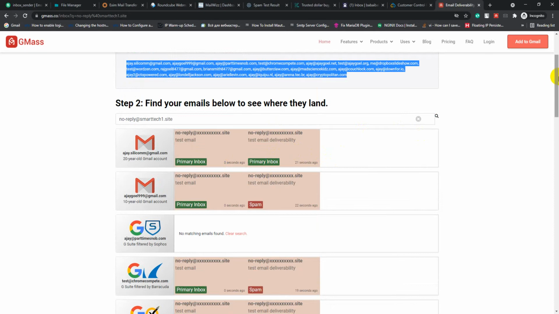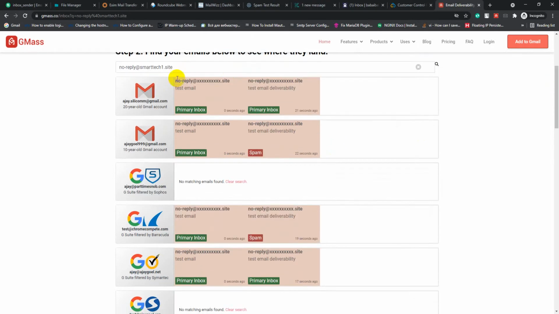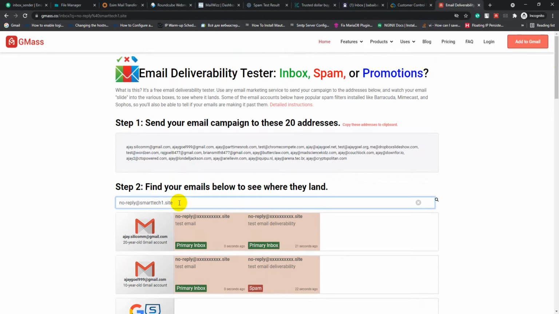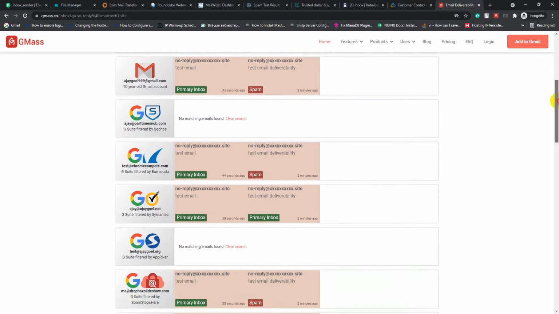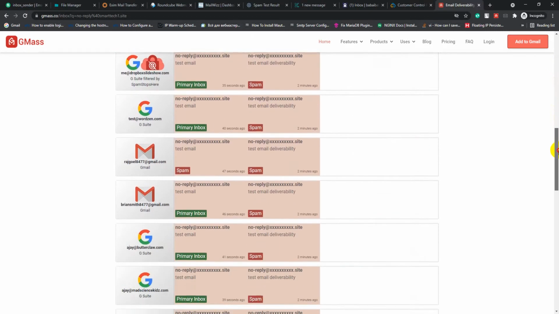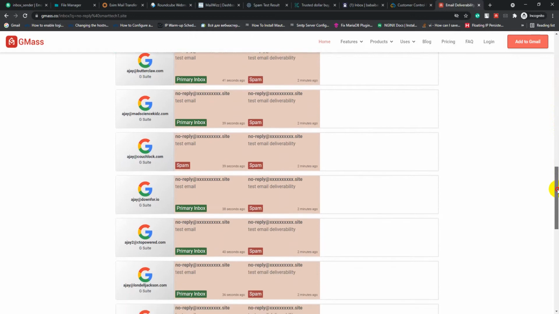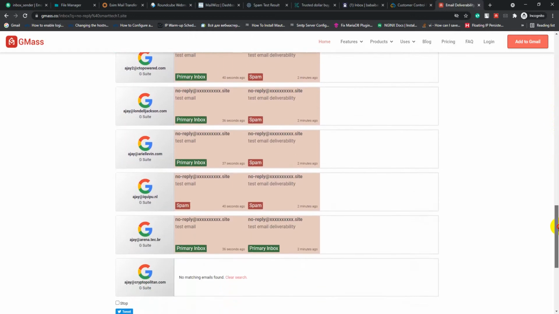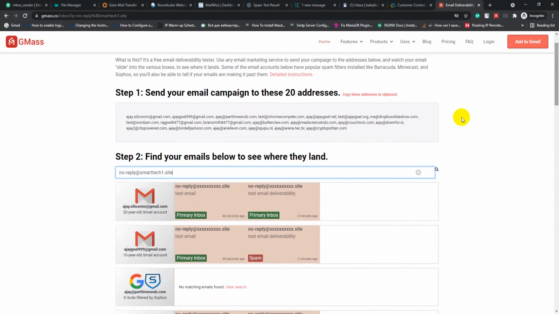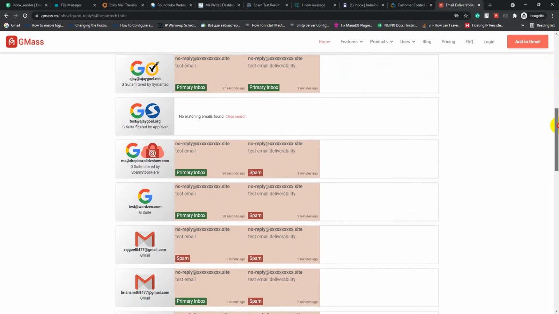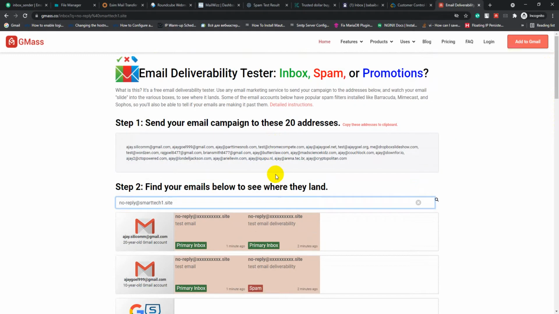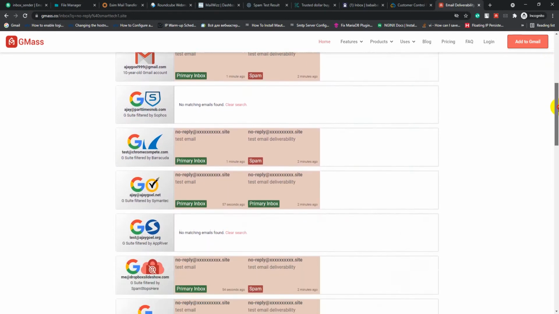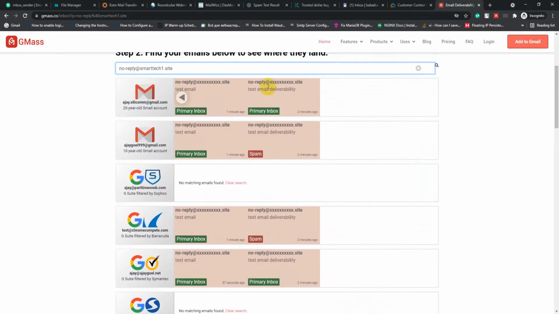But when I use a good subject line like test email, you might notice that my 99% of email landed in inbox in the GMass inbox tester G Suite and Gmail account.